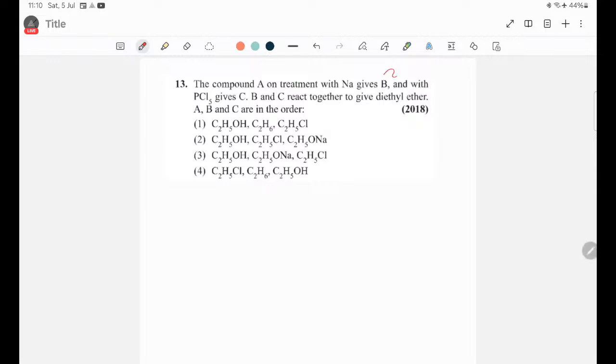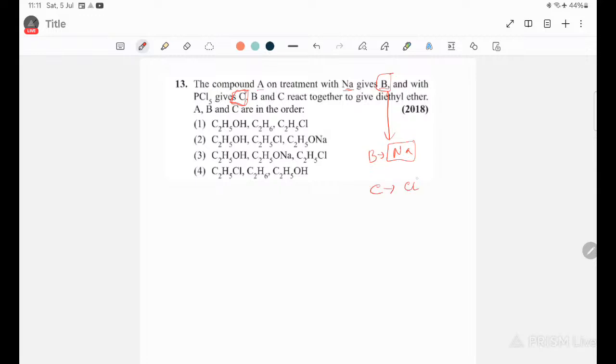Okay, there are two keywords. One keyword is B and another keyword is C. Now think about this. Why am I telling you that these are the keywords? Because A on treatment with sodium gives B. So B definitely contains sodium. And B with PCl5 gives C. So C